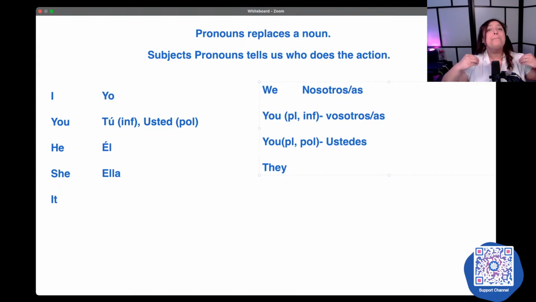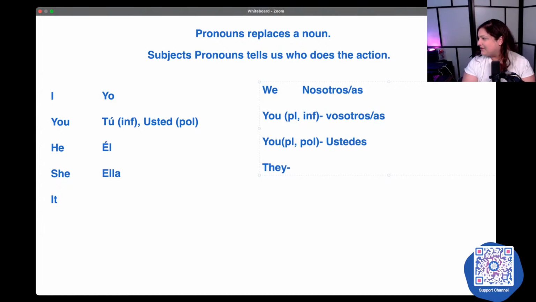But in Latin American Spanish, wow, I just sound like a gringa. Like Spanish spoken in Mexico, Guatemala, El Salvador, etc., ustedes is used for both informal and formal situations. We do not use the vosotros form in Latin American Spanish. You'll hear vosotros in Spanish spoken in Spain, Argentina, and other countries.